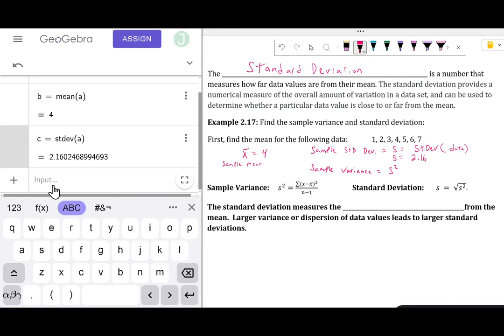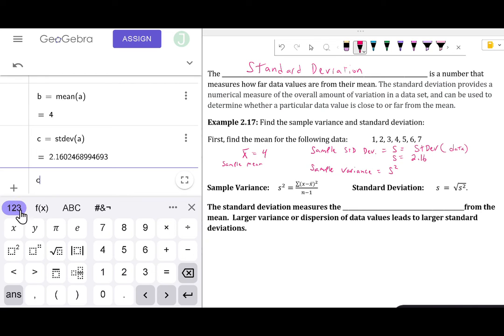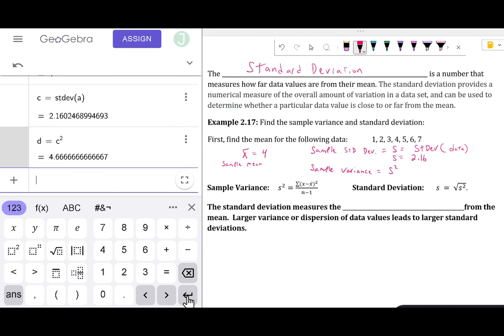GeoGebra makes this quite nice because all we need to do is type in C, or whatever other letter we have that defines the standard deviation, and then go to the 1, 2, 3 button, squared. So again, C, go to 1, 2, 3, squared, press enter, and that will give us the variance,